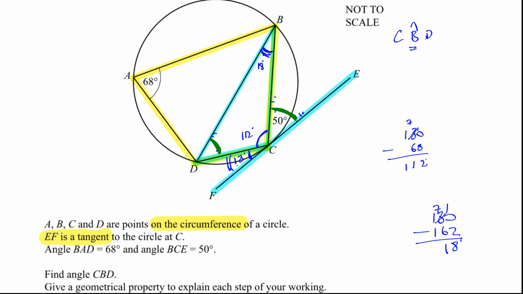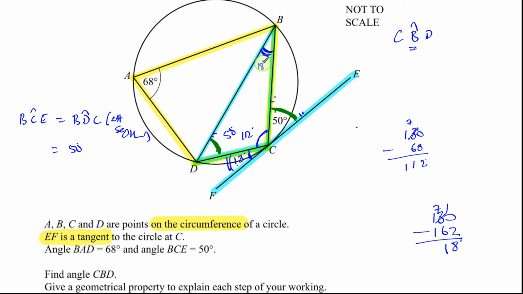So alternatively, we could have written that angle BCE is equal to angle BDC. Okay, because again, alternate segment theorem,